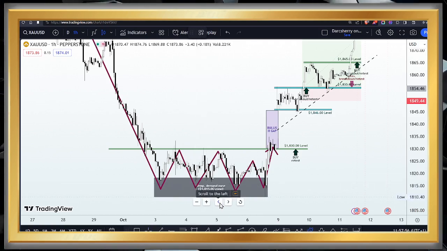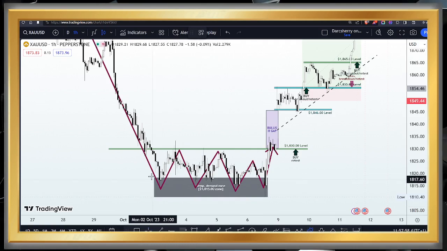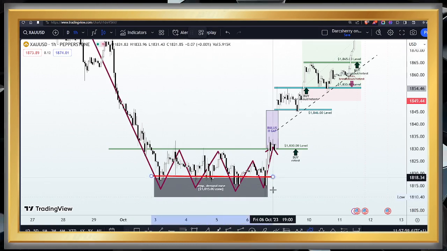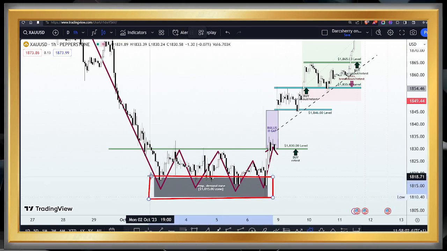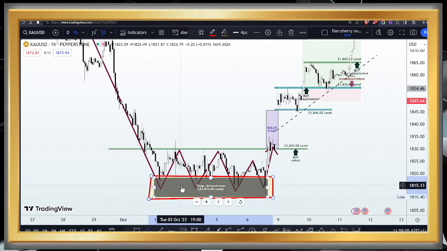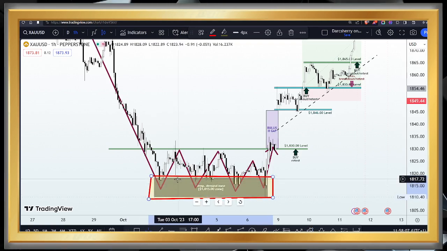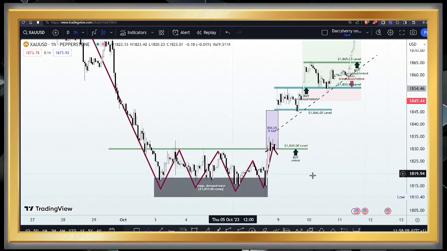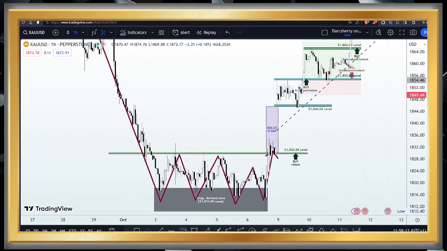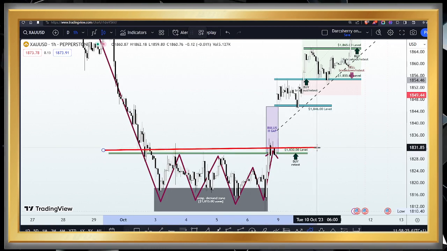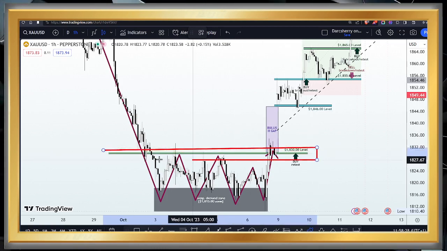And in that regard, we were able to project a reversal pattern here where we had a temporary demand zone at the 1,815 zone. And of course, you know how we do it when we project reversal patterns on market structures. The next thing we want to be doing is to mark out the neckline of that reversal pattern, which will be needed, a breakout will be needed to validate that this is now a reversal pattern. And interestingly, we had a neckline situated at that psychological level at the